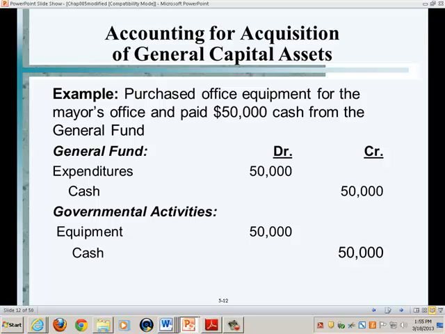This shows up in the government-wide statement of net position, right? This shows up as an expenditure in the statement of revenue, expenditures, and changes in fund balance, right? And you might say, why do they do this? And there is a reason why they do this. The reason is because